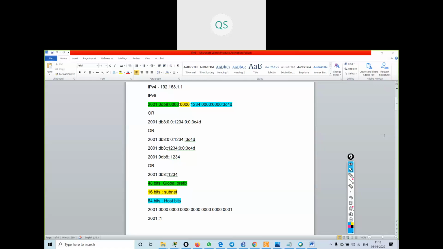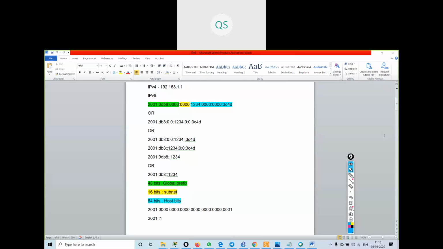IPv6 is the new version of address that is being used nowadays. The first 48 bits are the global prefix.